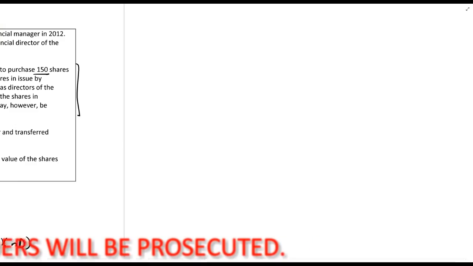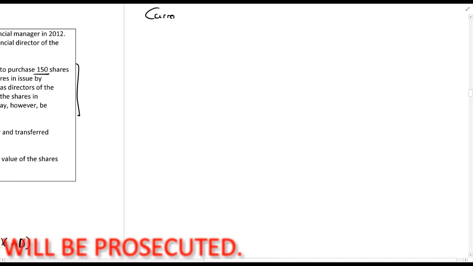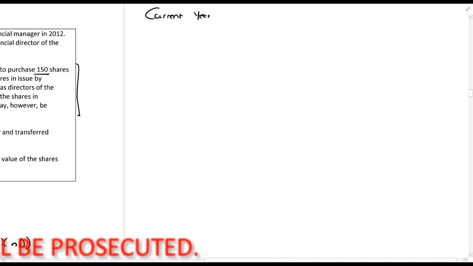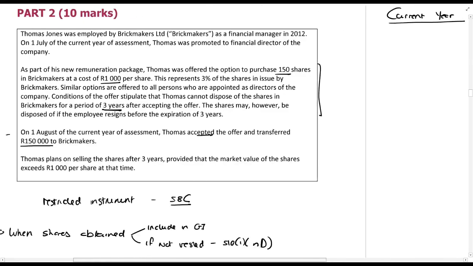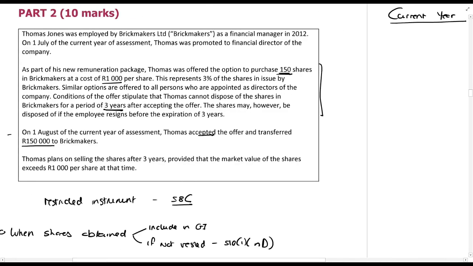What I'm going to do is talk to you guys a little bit quickly about how the calculation would work. And this is how I would suggest that you approach it. Most of us understand how to do the calculations. Obviously, if you don't know the calculation, then you don't know your work. But what happens with a vesting of a share? Right. You paid 150 rands for a share at a cost of 1,000 rands for a share.